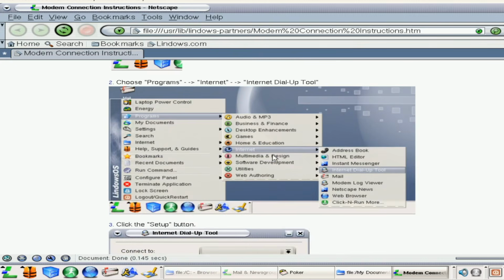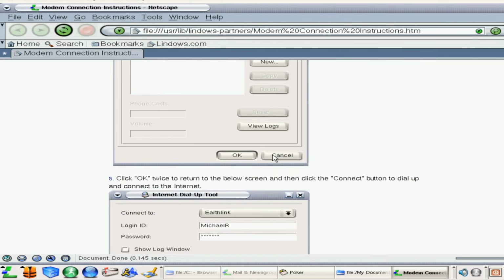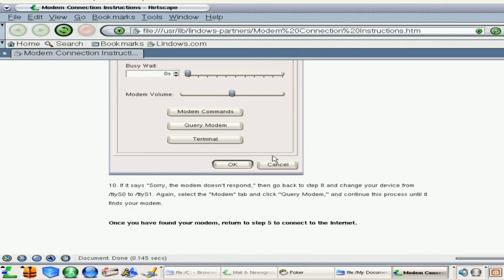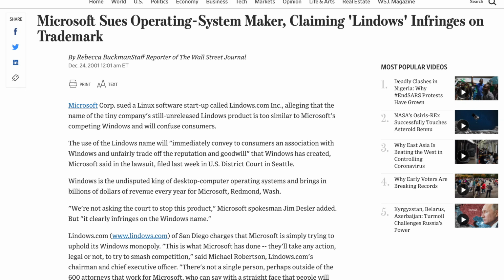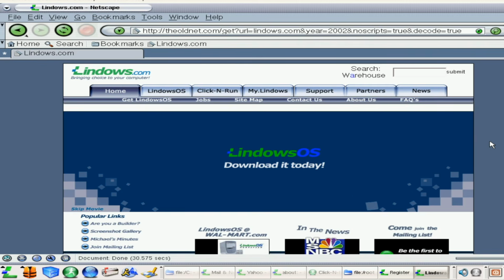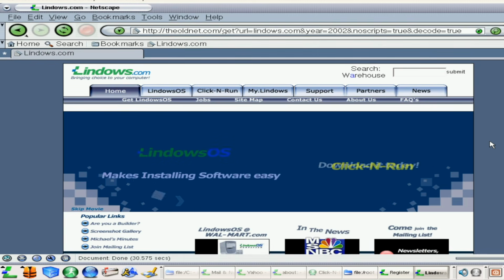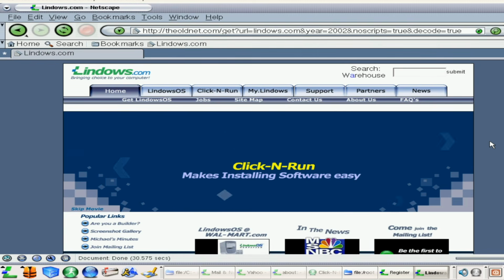Advertising a Windows-compatible OS called Windows was bound to attract the attention of Microsoft's lawyers, and it wasn't long before they received a lawsuit claiming that the name was infringing Microsoft's copyrights. A court battle dragged on for 2.5 years, and it turned out the case wasn't quite as cut and dry as Microsoft originally hoped.